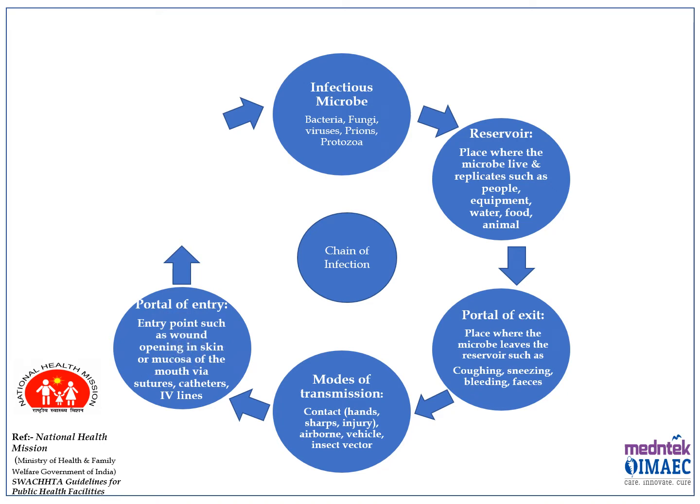through various routes. After that come the portals of entry, such as a wound, an opening in the skin, or the mucosa of the mouth, via sutures, catheters or IV lines. There is a chance of the organism getting entry into the patient's body in various ways. For example, if you are not wearing a mask, droplets suspended in the air, especially droplet nuclei, enter through the nostrils. Droplet nuclei are very small, micron in size, encapsulated in watery droplets containing viruses or bacteria, and they are transmitted by air currents